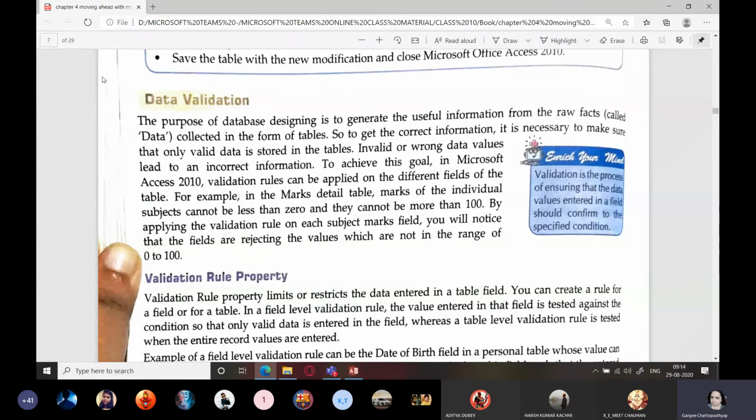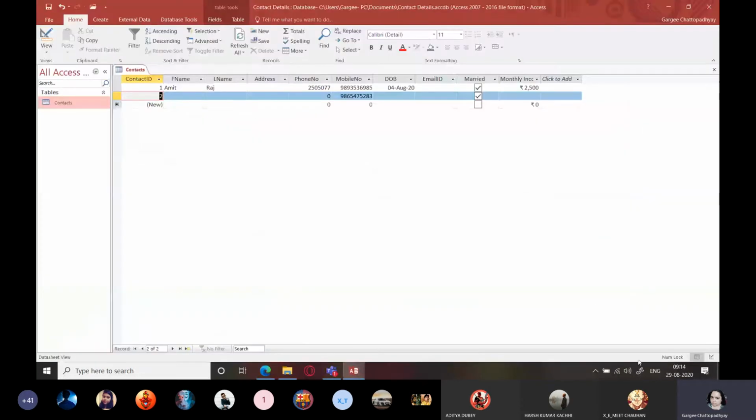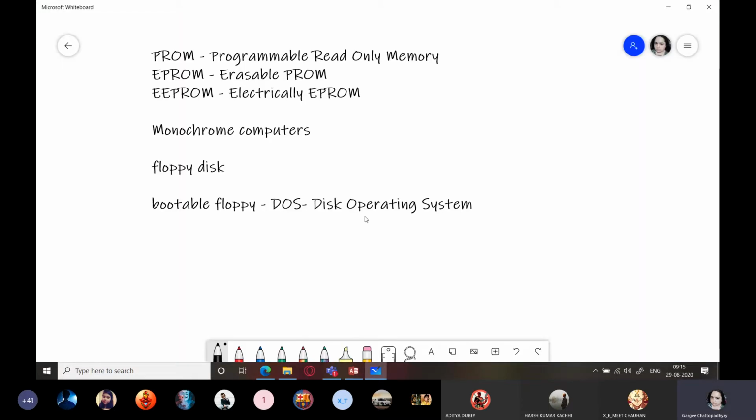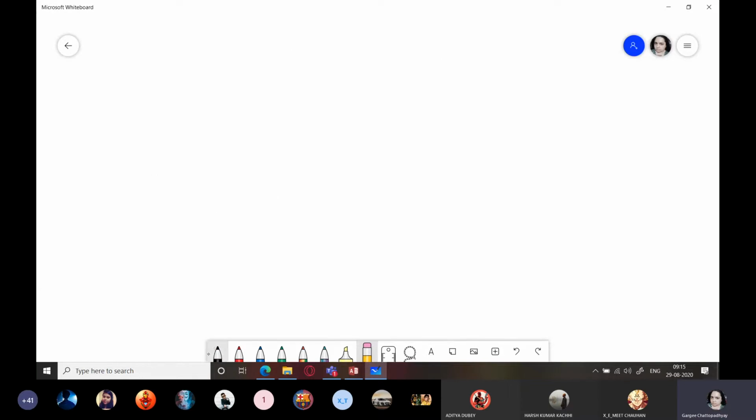Next and very important, we are going to see data validation. Now, what is data validation? So I need to give you some explanation regarding this. Data validation means again restricting the data entry operator such that he or she cannot enter wrong value.